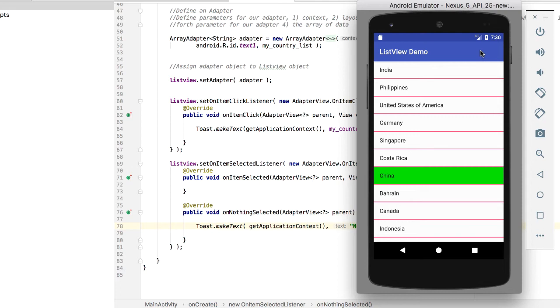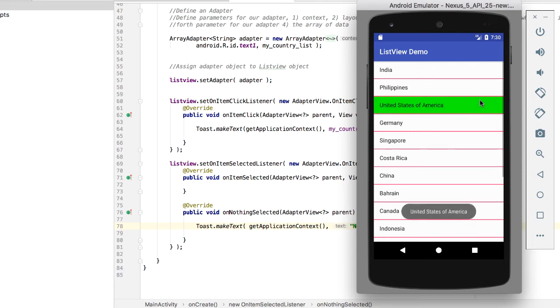You have to first trigger the set. It's not triggered anymore after I click because something was clicked. So we have to trigger first the set on item selected so that one of its methods would be activated. So let's first click